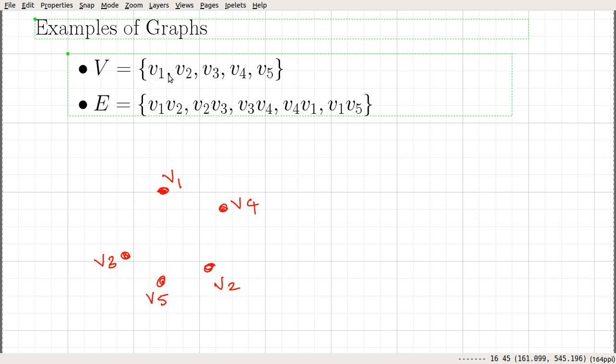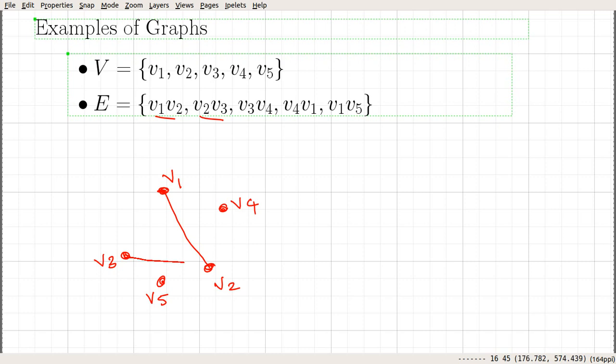Okay, so these are dots, and let's complete the graph by introducing the edges. So here we have this edge v1, v2. Okay, so we introduce this line, so we have this edge v2, v3.